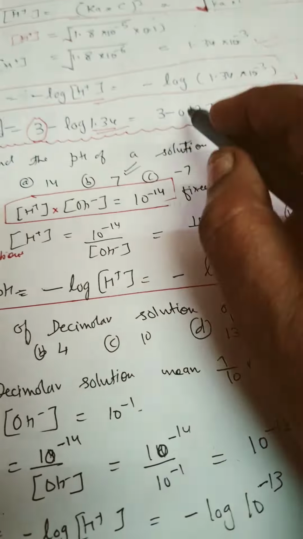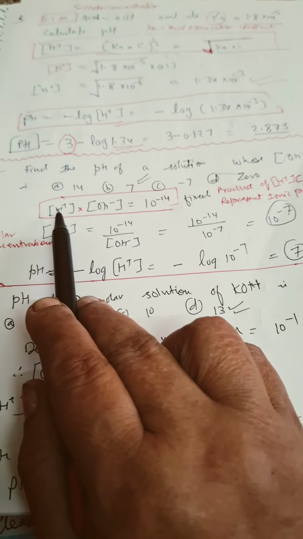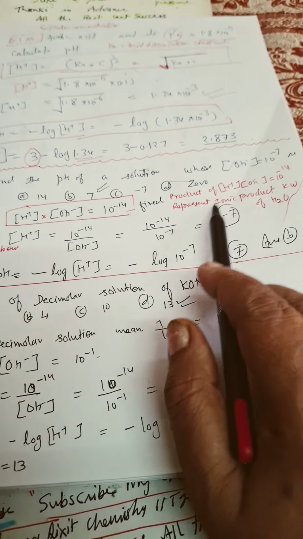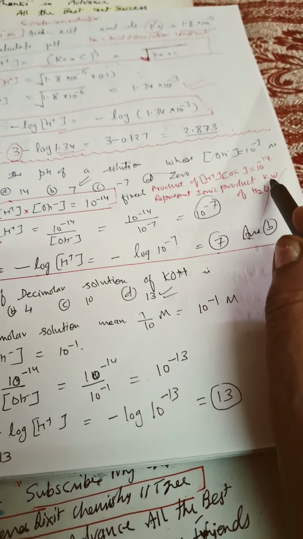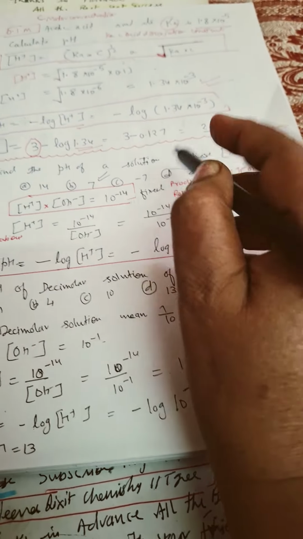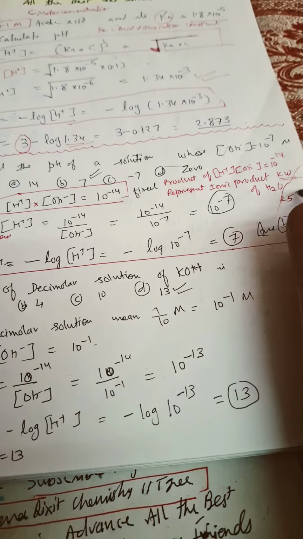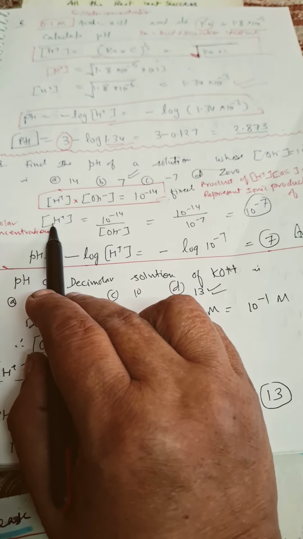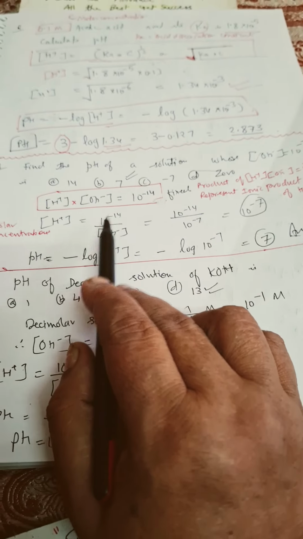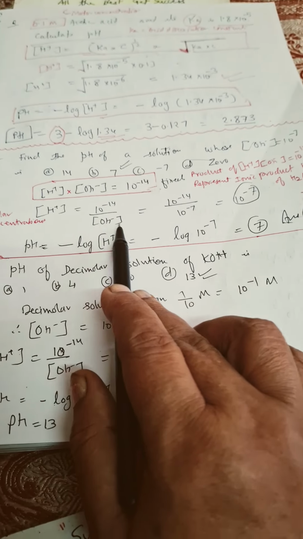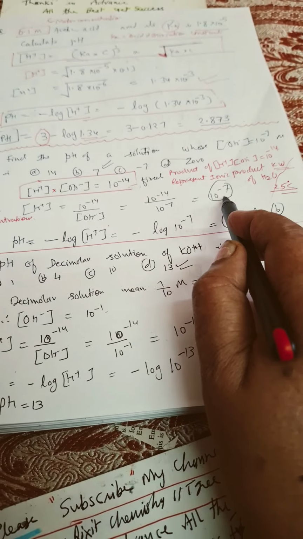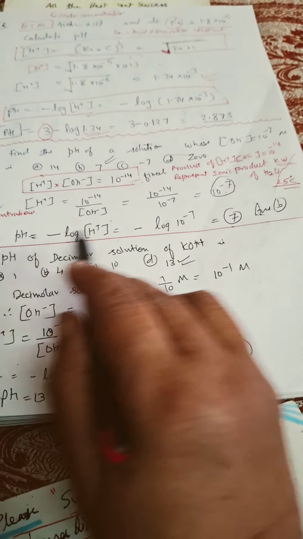Now here we go for the ionic product. The product of molar concentration of hydrogen ion and OH ion is equal to 10 to power minus 14. This represents the ionic product of water, and that is called Kw. It is fixed at 25 degrees, generally it is taken as fixed. So H positive ion will be equal to 10 raised to power negative 14 divided by OH negative concentration. It is given 10 to power minus 7, so H ion concentration will be 10 raised to power negative 7, pH will be 7.